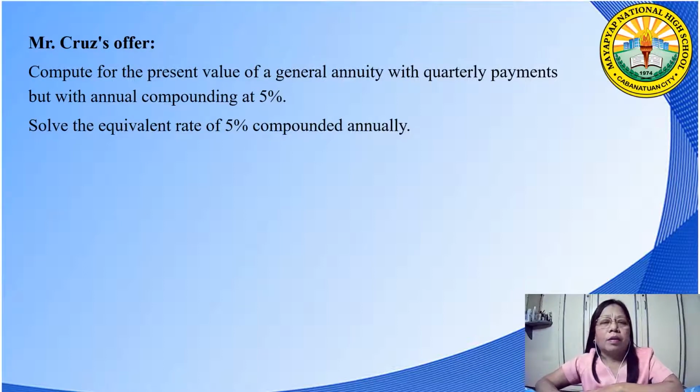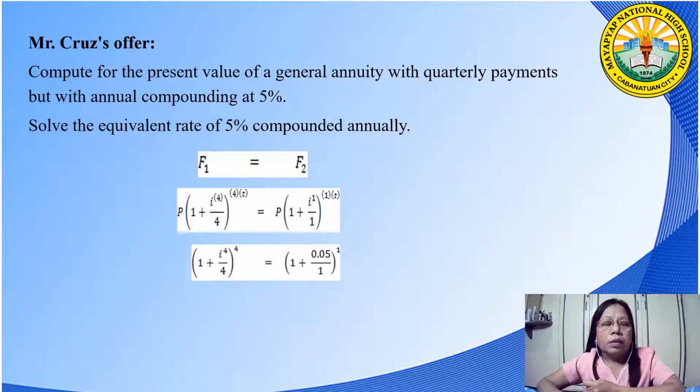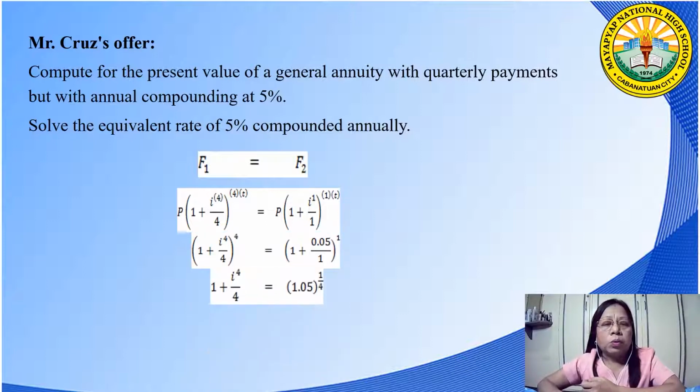So using the formula for general annuity as you learned in your previous lesson, you equate that F sub 1 is equal to F sub 2. Then using the formula for the future value, to get the value of j, or the nominal rate, is equal to